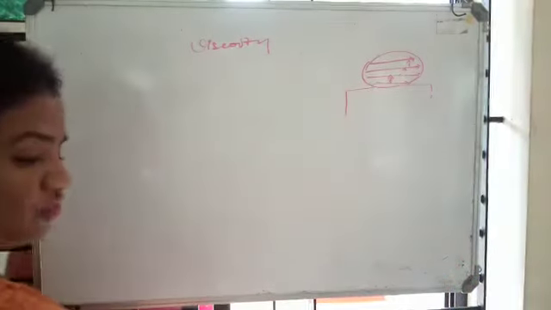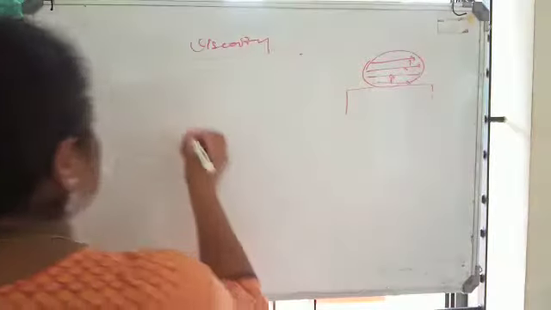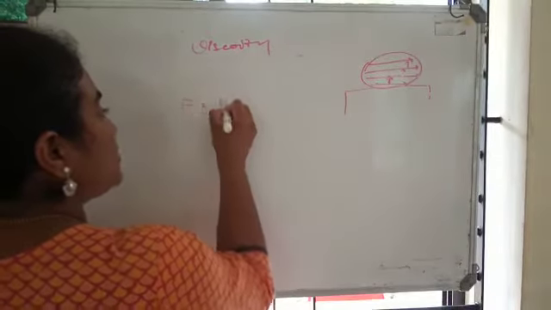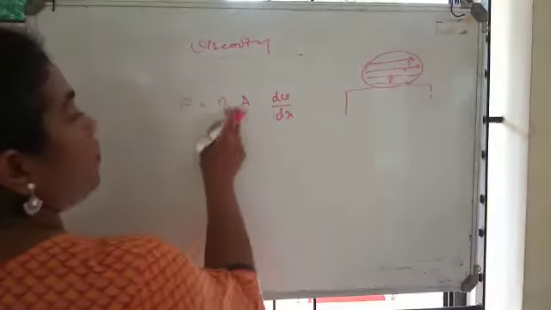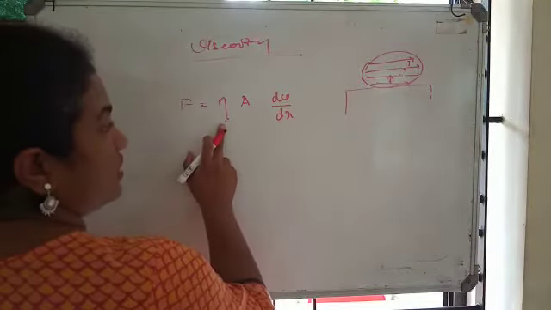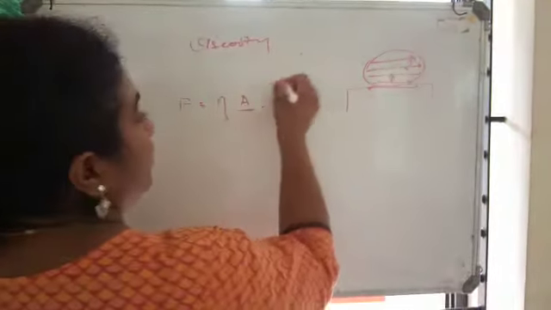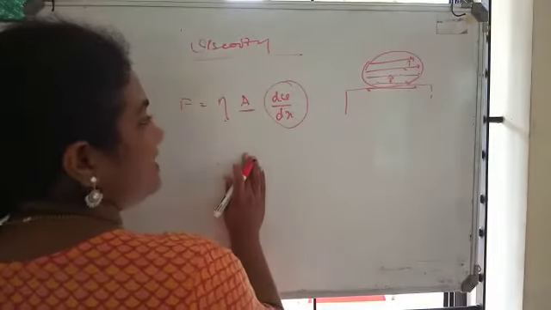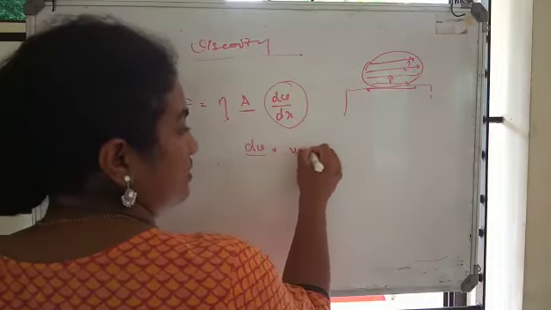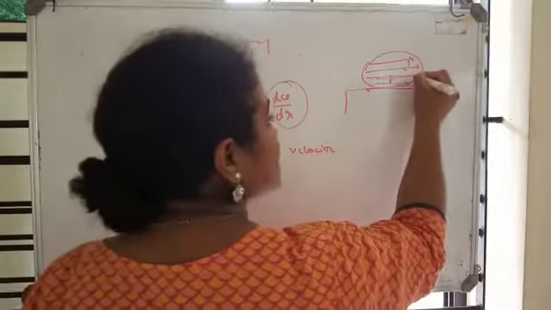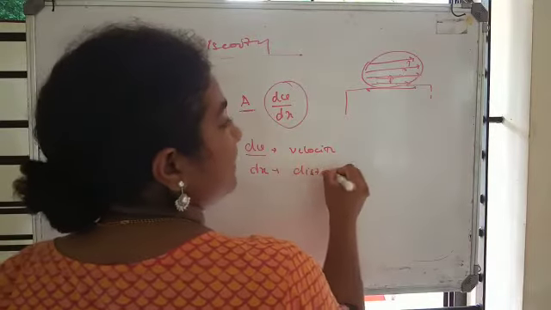So, it is called a tangential force. This tangential force is given by Newton by a formula which says the tangential force is equal to eta A dV by dx. What is eta? It is a coefficient, it's a constant. What is A? It is the surface area in contact here. What is dV by dx? It's called the velocity gradient, where dV represents the change in the velocity, or with what velocity the layer has moved, and dx represents the distance moved by the layer.